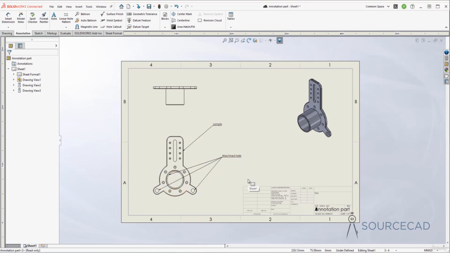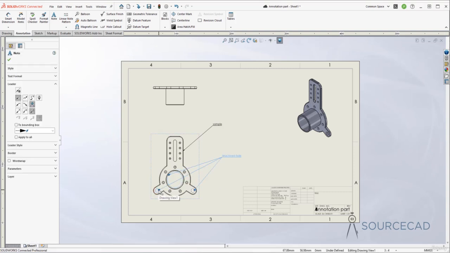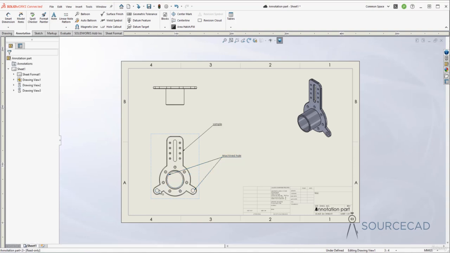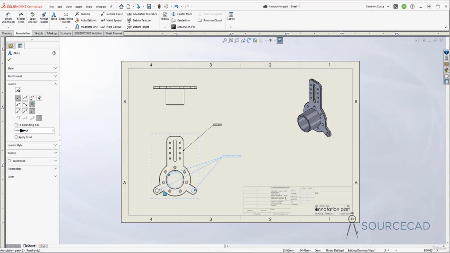Now, if you want to delete any leader line from all these branches, then you can select it and then click on that grip. So simply selecting the leader line is not sufficient. Click on that grip which you want to delete and now click on delete key and it will just delete that leader line. So here I'll simply just select it, press and hold control and I'll just add one more